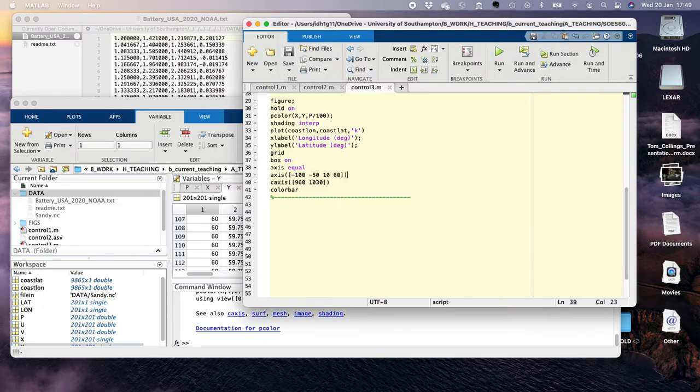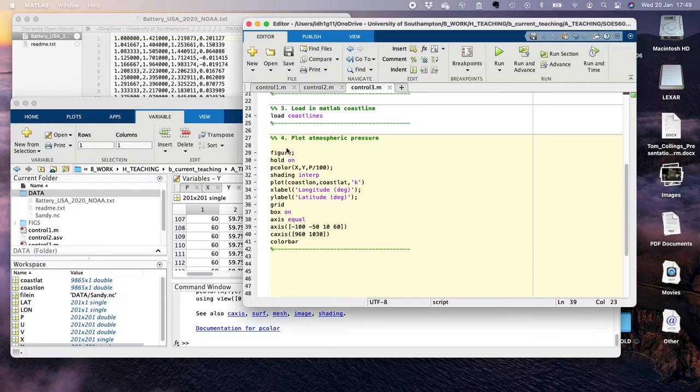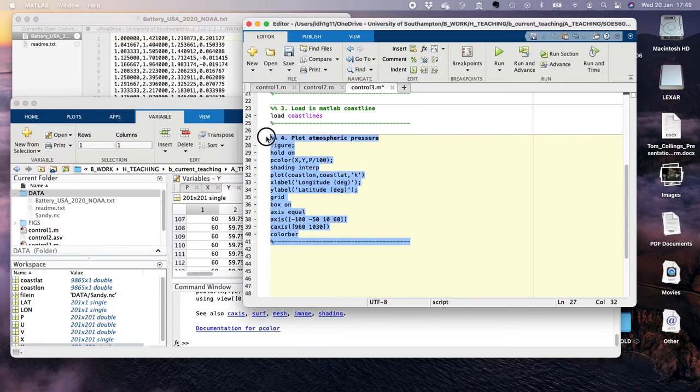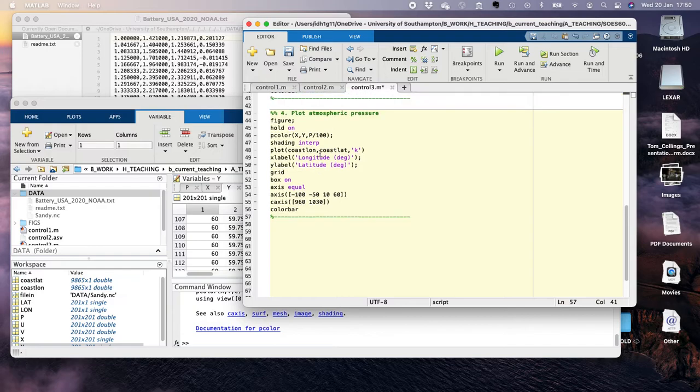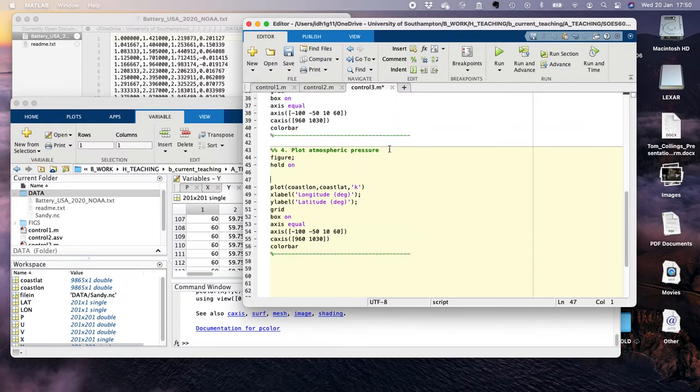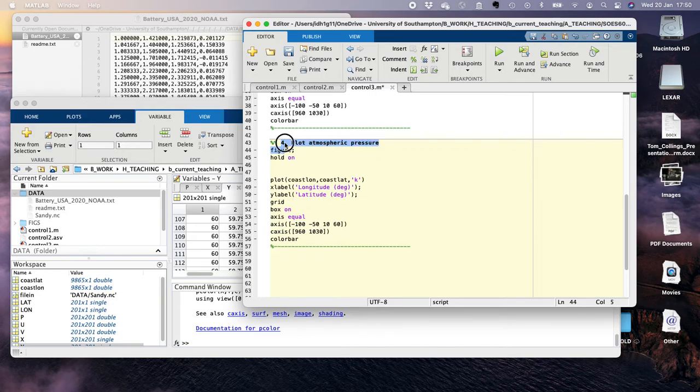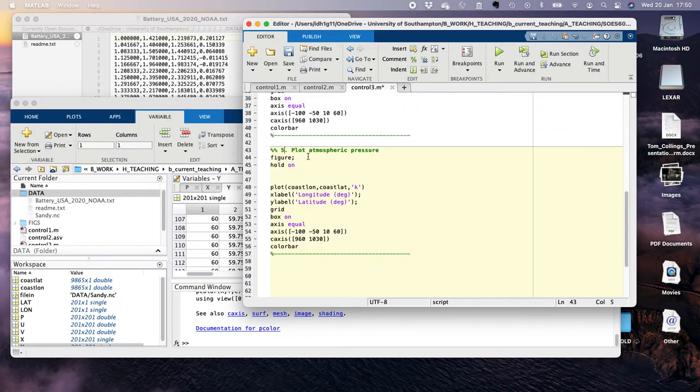Okay, so the next thing we're going to do is plot wind. Again, I'm just going to borrow this code here because we can edit it, because I'm going to need some similar things. So this is going to be number 5. It's really good practice. People get lazy with commenting, but I think it's really good practice to keep your